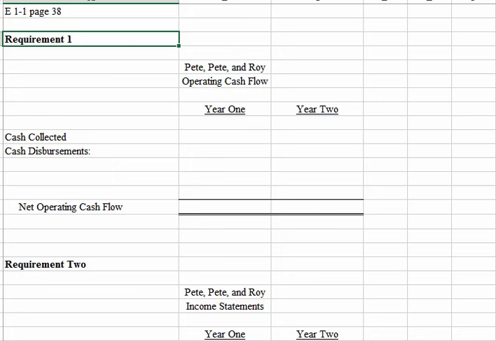Okay, you guys, we're now going to work exercise 1-1, which should be on page 38 in your text. The exercise deals with the differences in cash basis accounting and accrual basis accounting. Now, we mentioned that in, I believe it was chapter 2 of your financial accounting course, but let's go back over that for a minute before